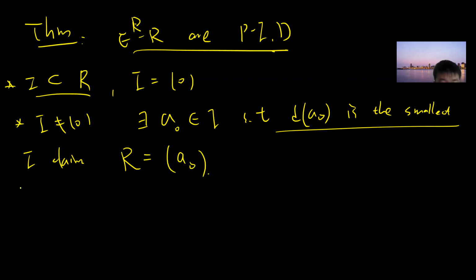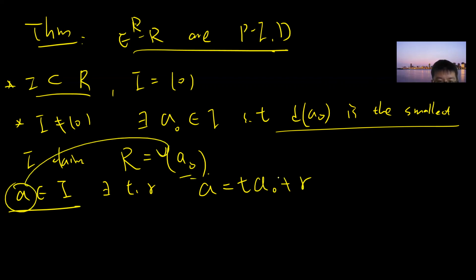Okay, so simple. Let's take a in I, and we know that there exist T and R such that, let's do the division: A = T·A0 + R. So I divide A by A0, and then by the Euclidean property, we know that D(R)